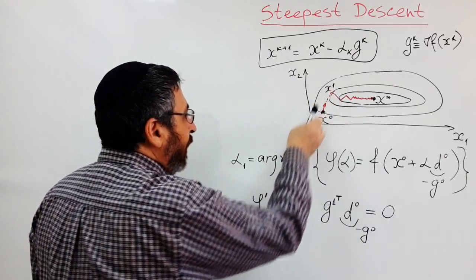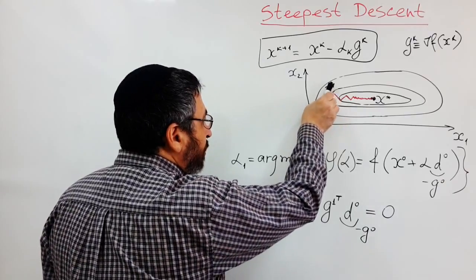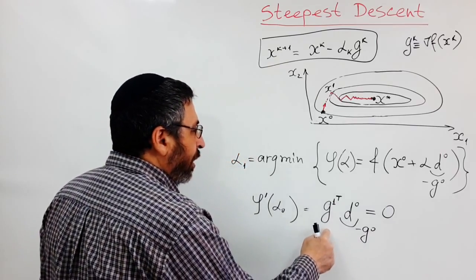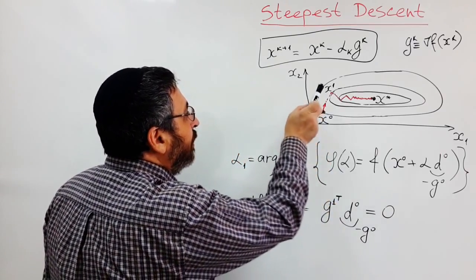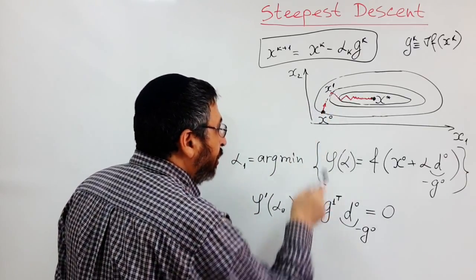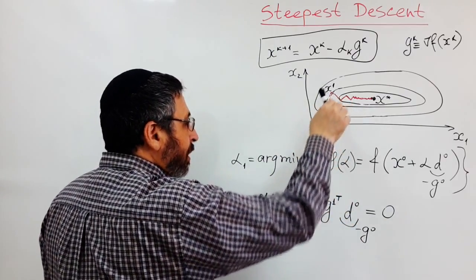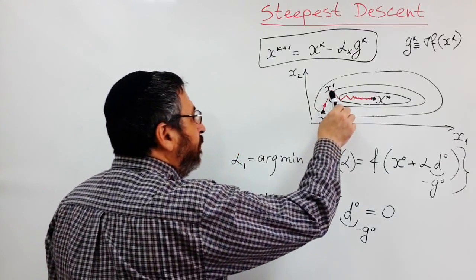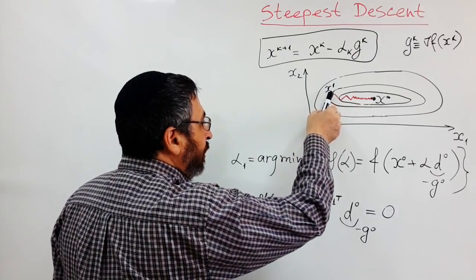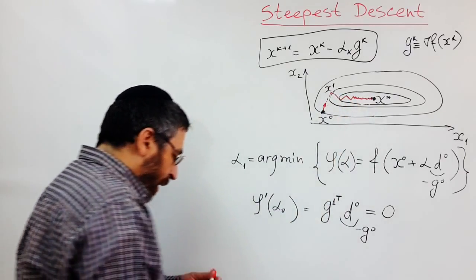And this derivative, like we already learned, is the directional derivative of our objective in direction d. And we know that the directional derivative is the inner product of the gradient at the point where we are staying. Suppose we are staying at the point x1 after minimization; the inner product of the new gradient at this point with the direction d0 should be 0. It means that the new gradient will be orthogonal to our previous direction. And then we continue with line search in the new direction and so on.